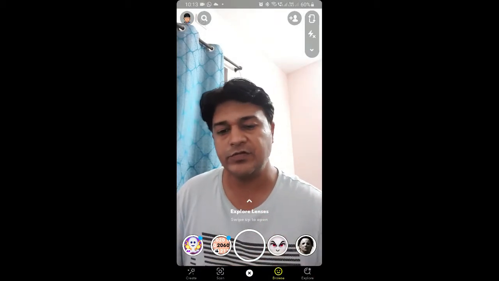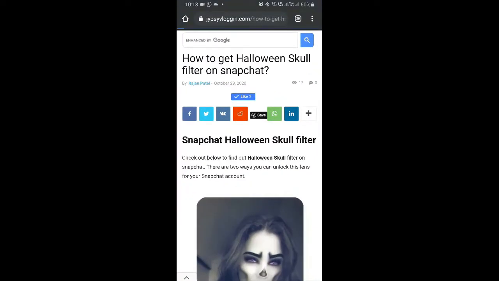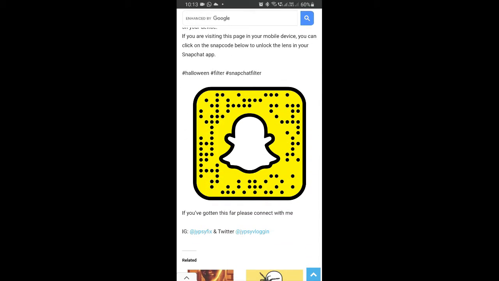To get this filter on Snapchat, what you can do, you can visit this website. Link to this website I'll give in the description box below. Here in this website you will see the snap code for this filter. If you are browsing this website on your laptop or PC, you can scan the snap code with your Snapchat mobile app, and if you are browsing this website on your mobile, just tap on the snap code and open it with Snapchat,